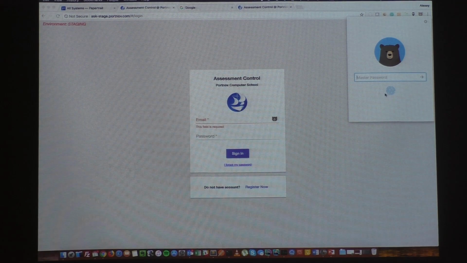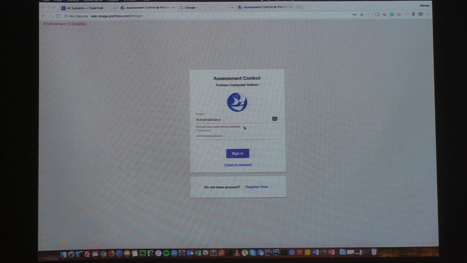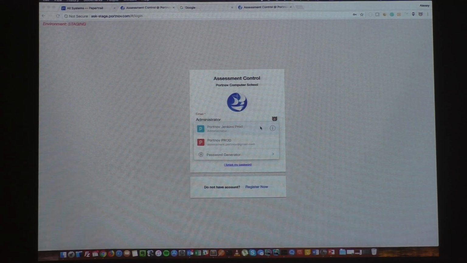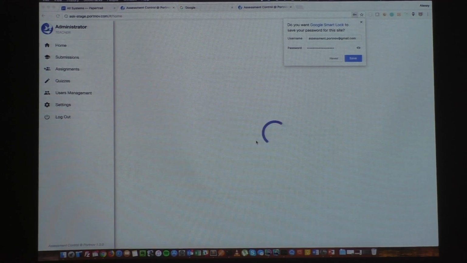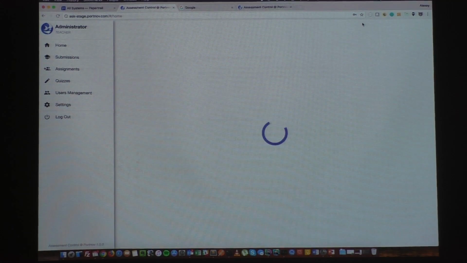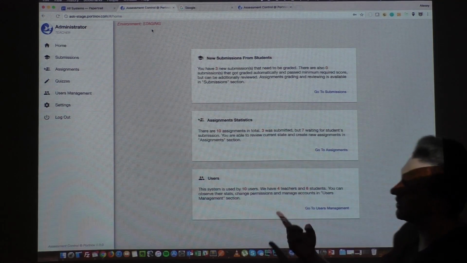Come on. Oh no, not that one. I'm logging into the staging system right now. That's the same. I've added this. Probably not the best way to do that, but